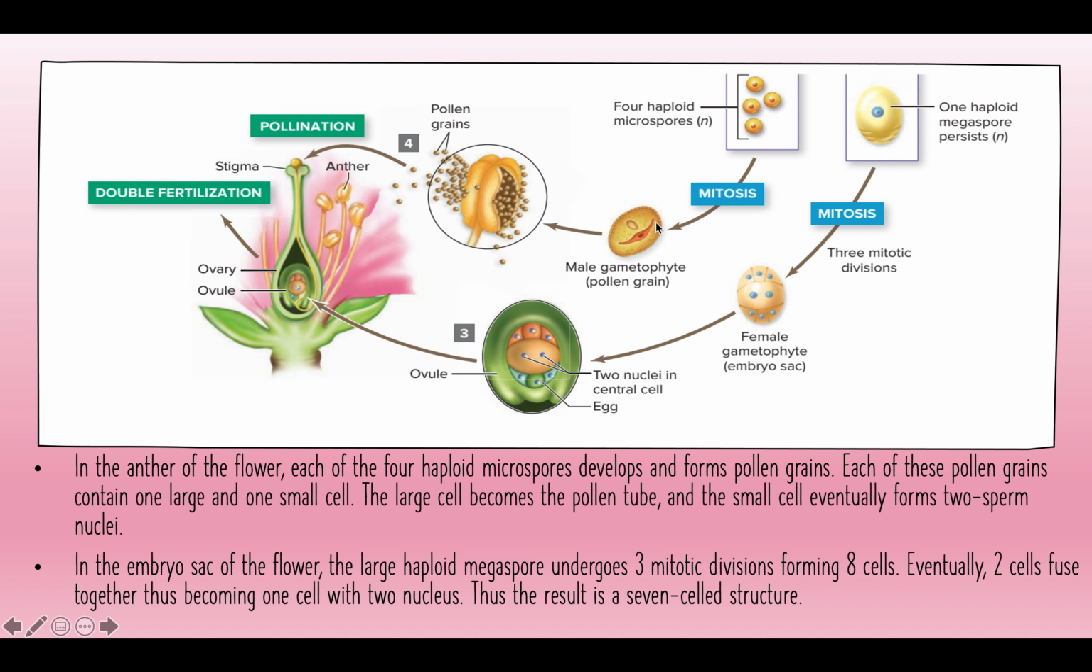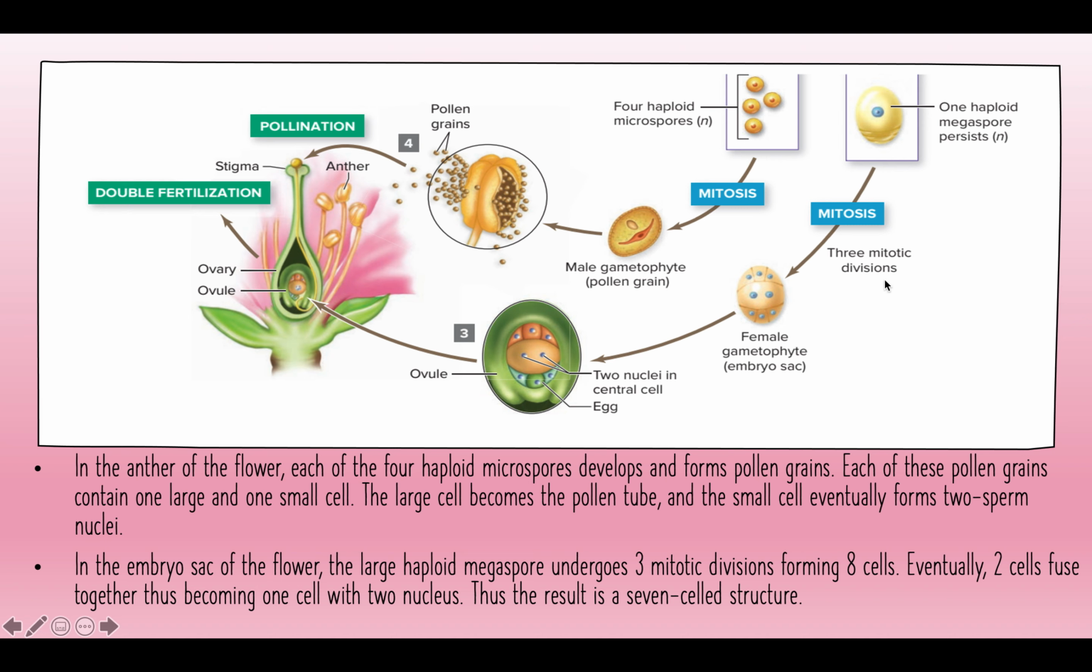Now inside, okay, each of these pollen grains contains one large and one small cell. The large cell will become the pollen tube later on, and the small cell eventually divides further to form two sperm nuclei. In the embryo sac, on the other hand, of the flower, the large haploid megaspore undergoes three mitotic